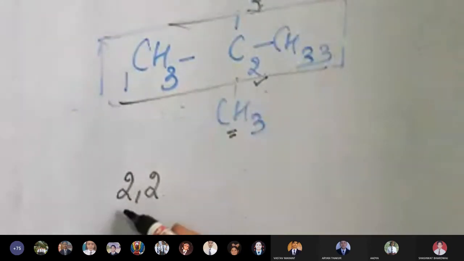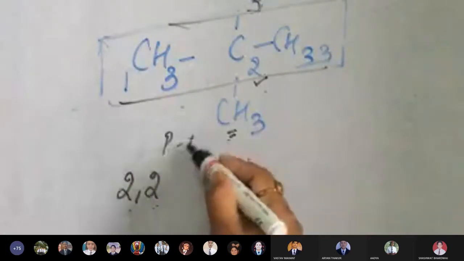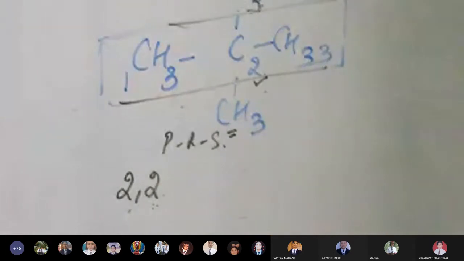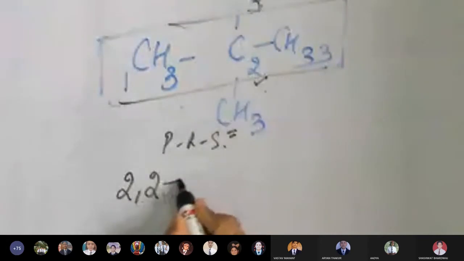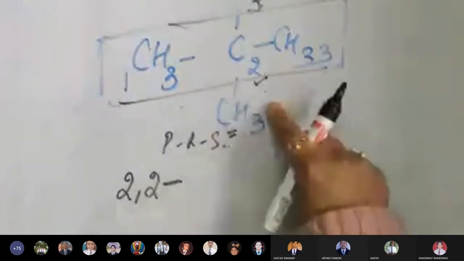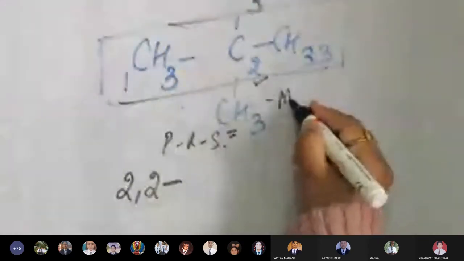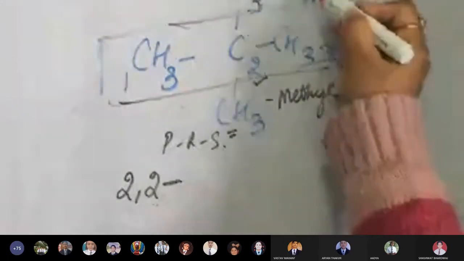In organic naming, first we mention the position of the extra group. Why the extra group? Because the pattern is this: you have to write the prefix, then the root word, and then the suffix. To write the prefix, you have to tell the position also. If you have to mention two positions, then you use a comma. If you don't mention the comma here, then the naming is wrong. Then put a hyphen. Now the two groups are similar. This is also methyl. This is also methyl.